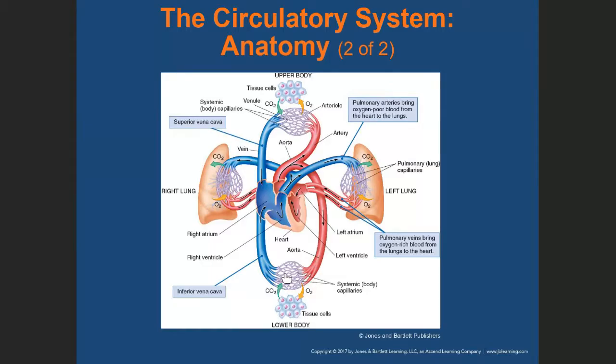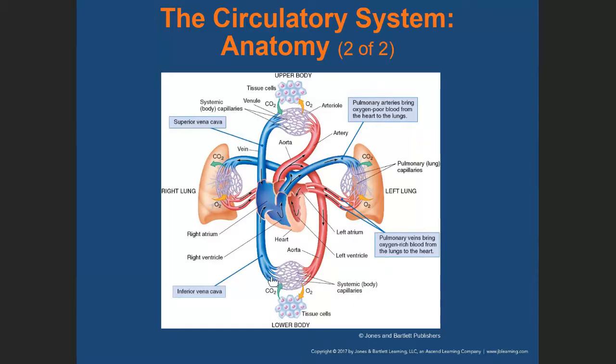So what happens at that point is oxygen leaves the systemic capillaries and goes into the cell. So the cell is able to pick up that oxygen and then give off CO2. So CO2 is then transferred to the systemic capillaries. So the blood is no longer oxygenated, it becomes deoxygenated again. Now, on the deoxygenated side of the systemic capillaries,